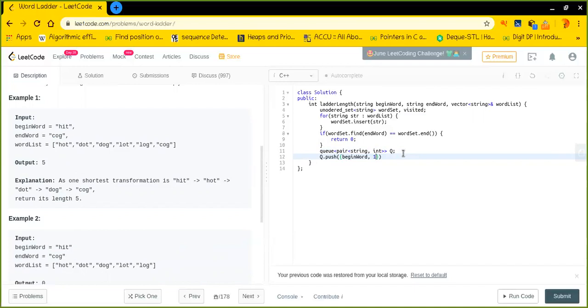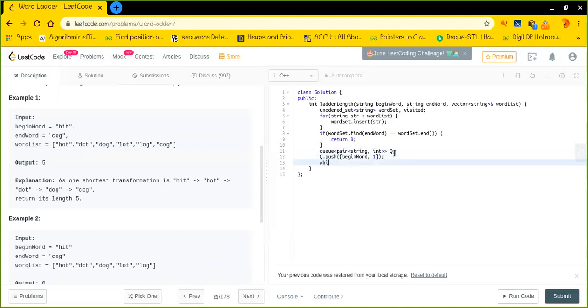Why? Because I am standing on the word which is hit right here. Let's say this is the begin word, and I'm just standing on this particular string, so the step is one for now.